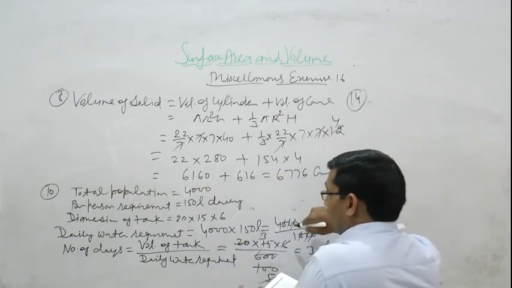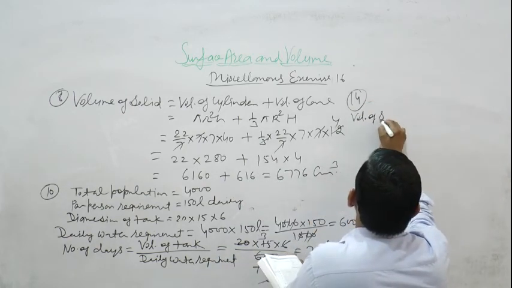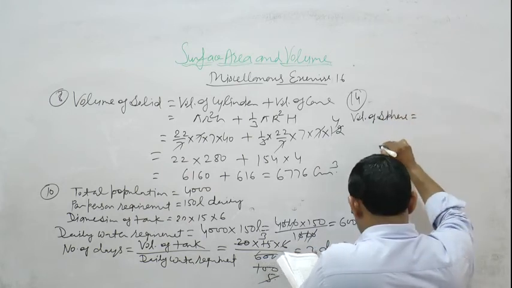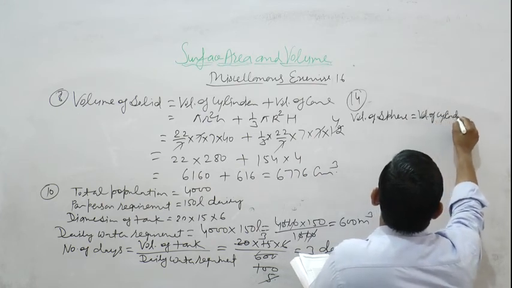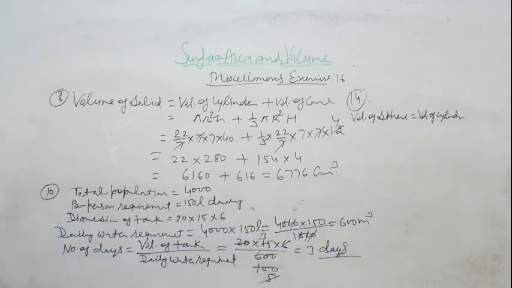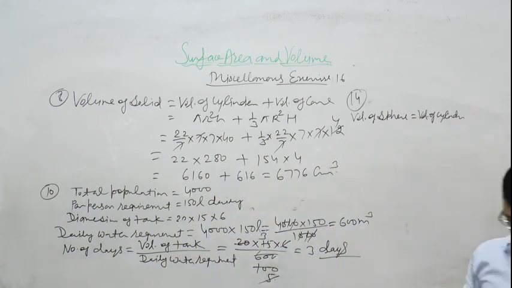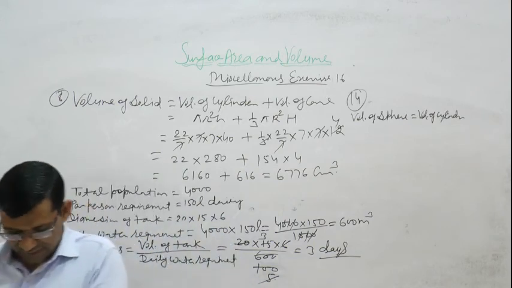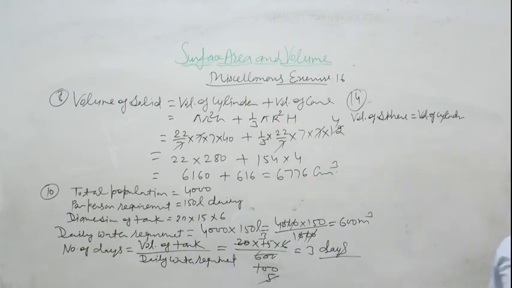So I give you a hint in this question. Volume of sphere is equal to volume of cylinder. You have to use this formula and in this you have to find r, find its radius. It is melted and drawn into a wire of length 36 meter. It means height of cylinder is 36 meter. Meter change into centimeter, so 3600 centimeter.